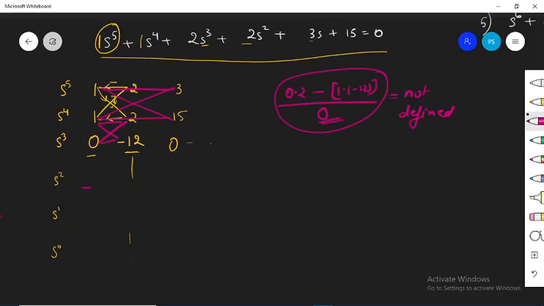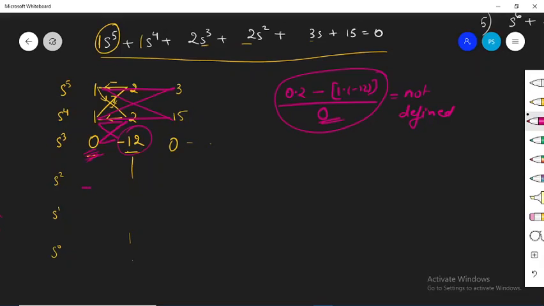So this becomes a special case in Routh array, where if ever it happens that the first term of any row is becoming 0, whereas the other terms on the same row are non-zero. This term is actually non-zero. So first term is becoming 0. That is the case. So you cannot further make the Routh array due to this term, because this term that you are getting cannot be defined.